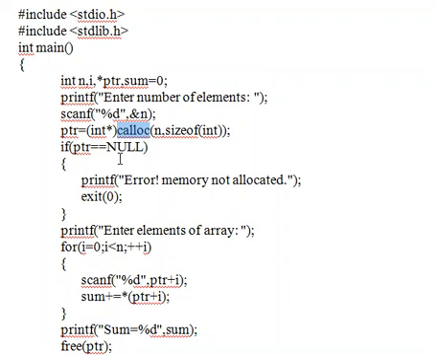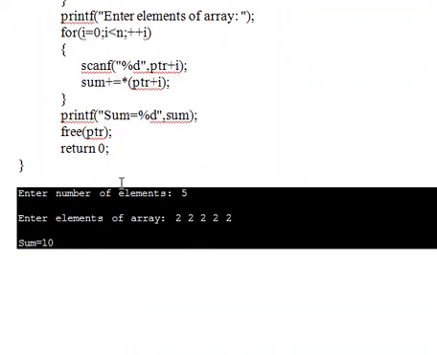Now I am writing the program by using the calloc function. So in this program, first it asks the total number of elements. If we give the total number of elements as 5, then we have to enter 5 elements. After entering the 5 elements, it has to add these 5 elements, generate the total value, and print the sum as output.